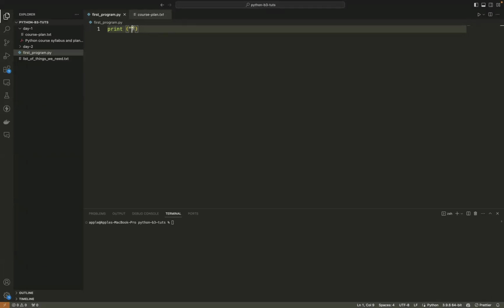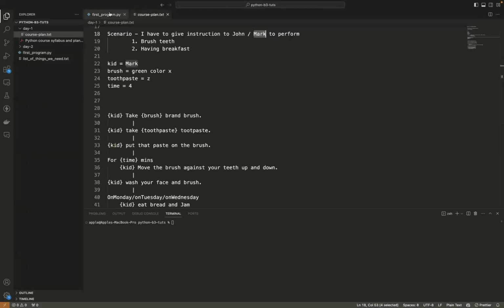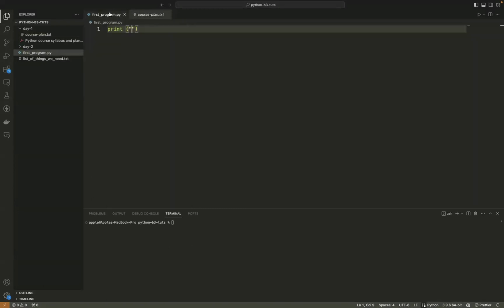The instruction we have right now is take X brush. That's the only instruction I have in this program as of now, and it is the only thing that I want to display.